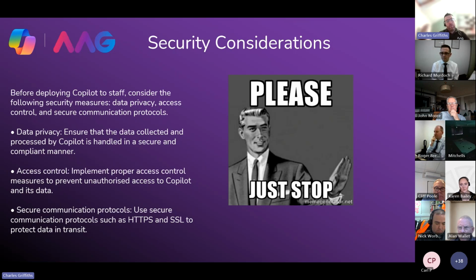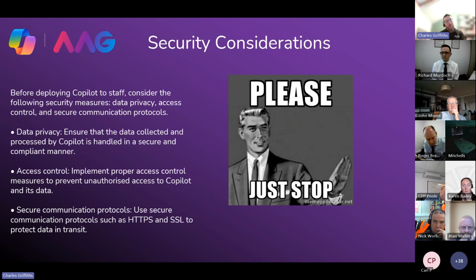Because it's not just going to search information that's on the web, it's going to search information contained within your document libraries, within your folders, with any data in your internal systems that people have got access to. So some of the things that we can do to avoid those types of situations are